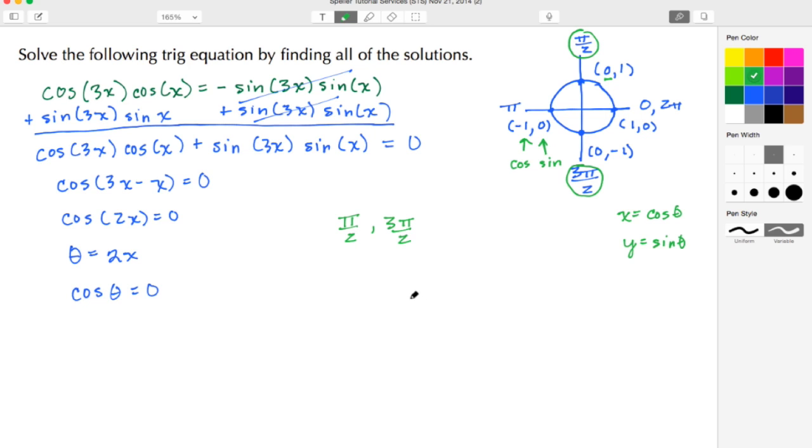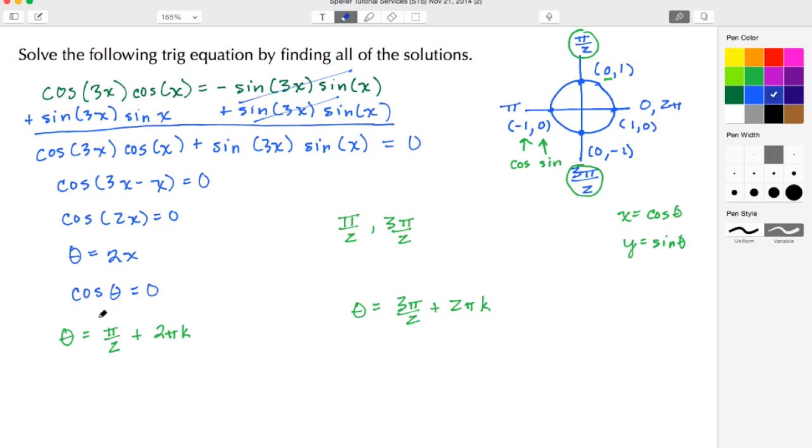But what we have to do is make sure we switch back to x, because right now everything is in terms of theta. So let's go back to x. To do that, let's write this out. Theta is going to be equal to pi over 2 plus 2 pi k. And 2 pi is the period of cosine, and k is just an integer that represents going around the unit circle multiple times, basically stating that we have an infinite number of answers. And for the second equation, theta is equal to 3 pi over 2, and again plus 2 pi k for the same reasons.